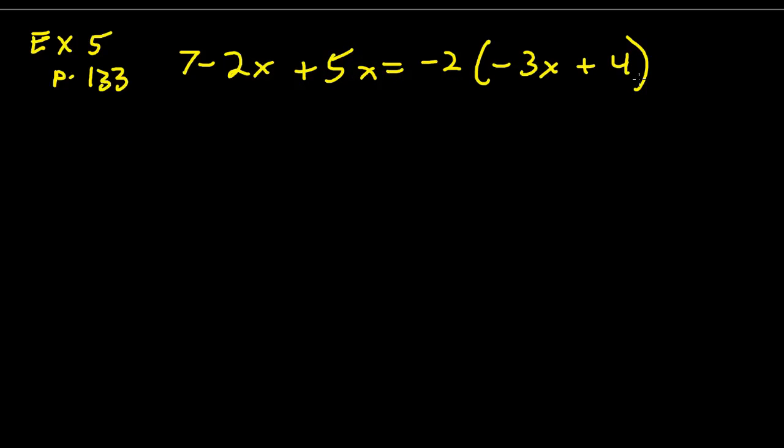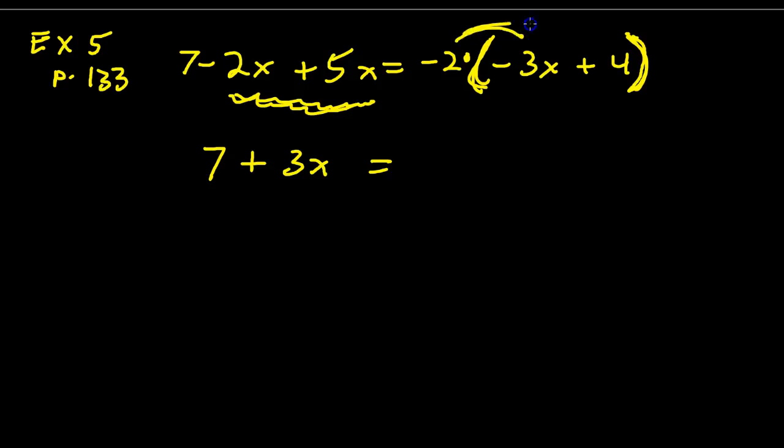All right, so 7 minus 2x plus 5x equals minus 2 times minus 3x plus 4. All right, it's nastier still. What can I do here? Well, I can combine these terms. These are like terms, the minus 2x and the plus 5x. And of course, I can perform the indicated multiplication here, right, to drop these parentheses and then join up like terms across sides. All right, minus 2x plus 5x on the left is equivalent to 7 plus 3x equals,